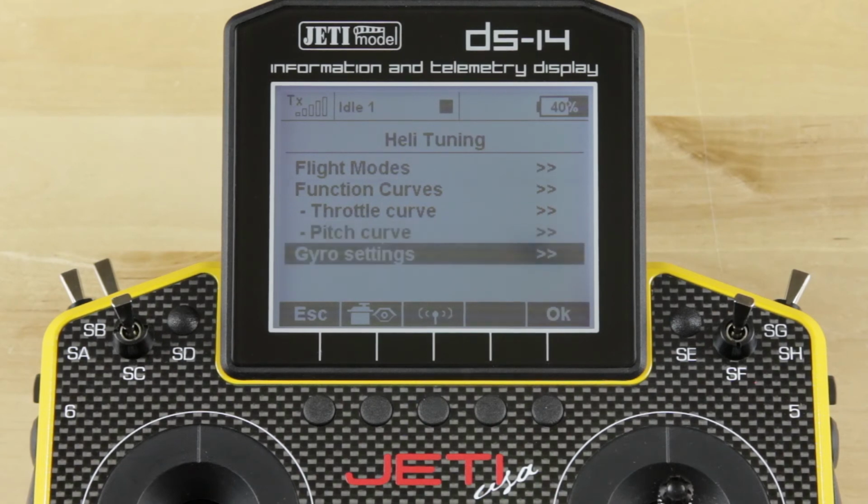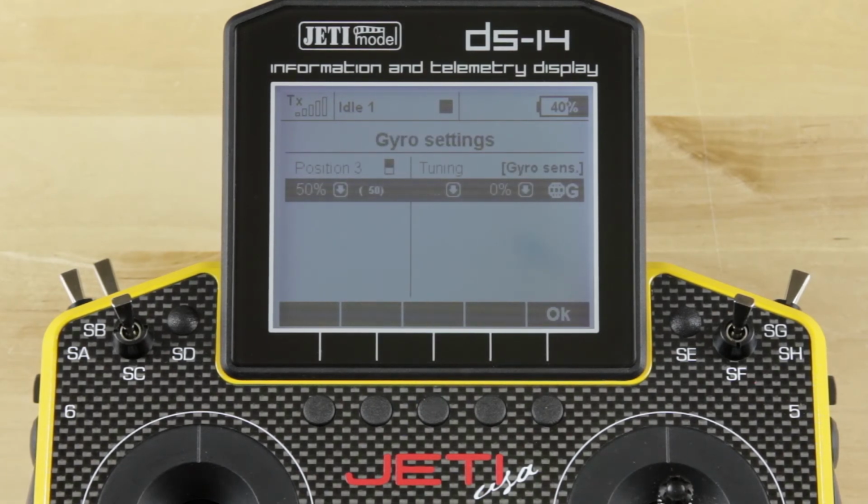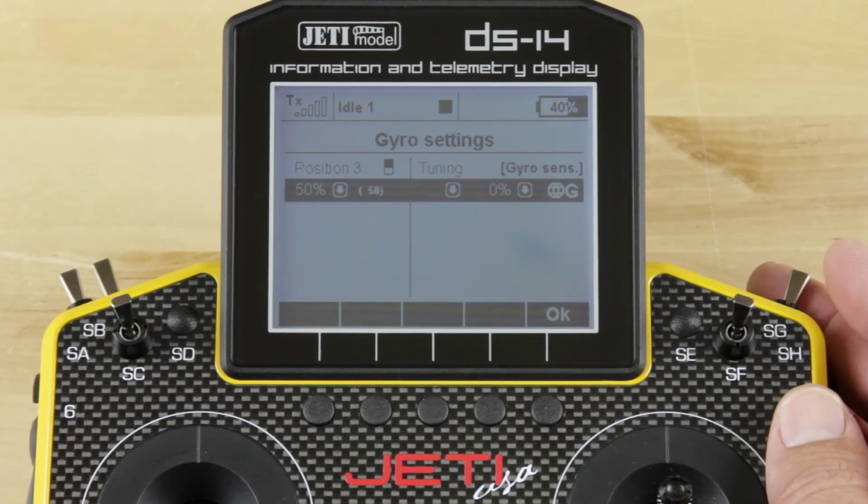Last one I want to go through is gyro settings. Gyro settings are specific, of course, to the helicopter setup, the way we're using them here. You can set gyro settings to separate or global. Global meaning that the gyro is going to take effect and be at the same setting across all of your flight modes. You can also set that to where it is separate, so that each flight mode can have an independent gyro control. So if you have your gyro control set on a switch,